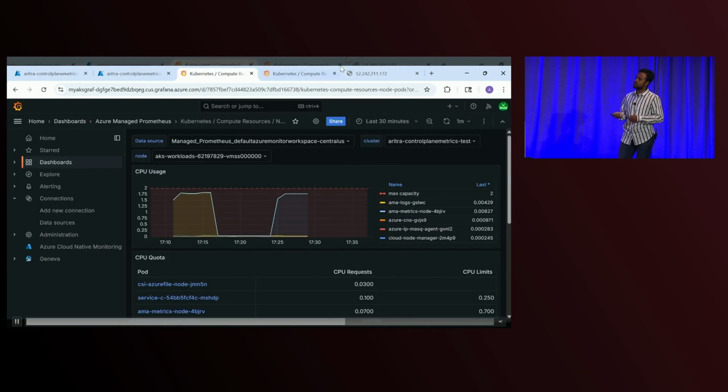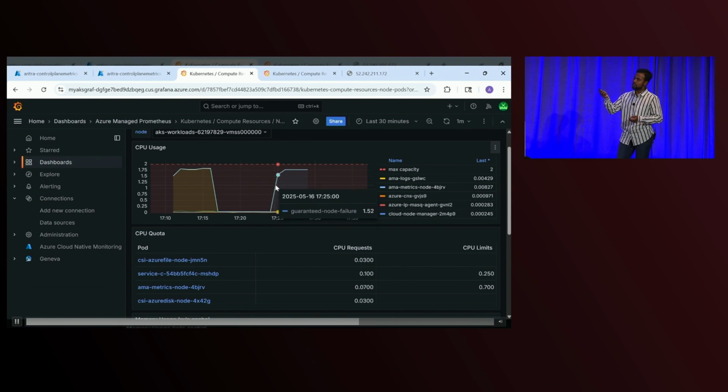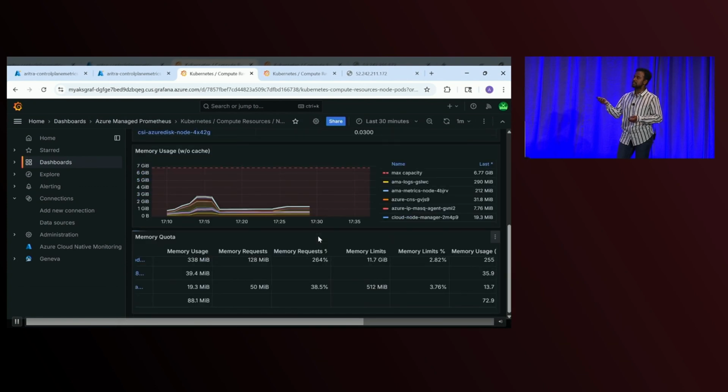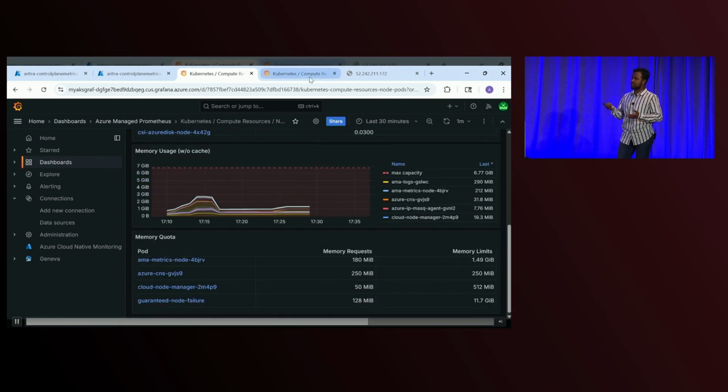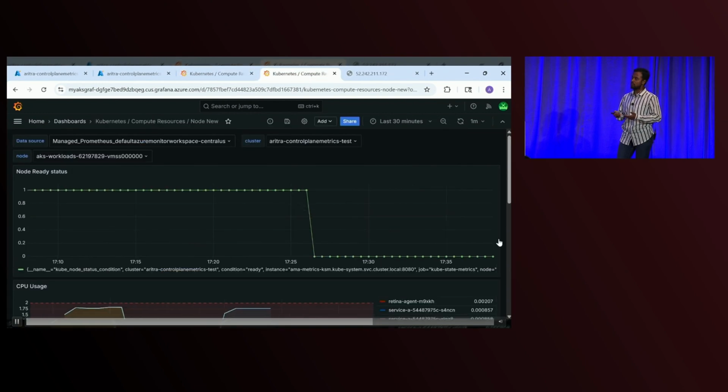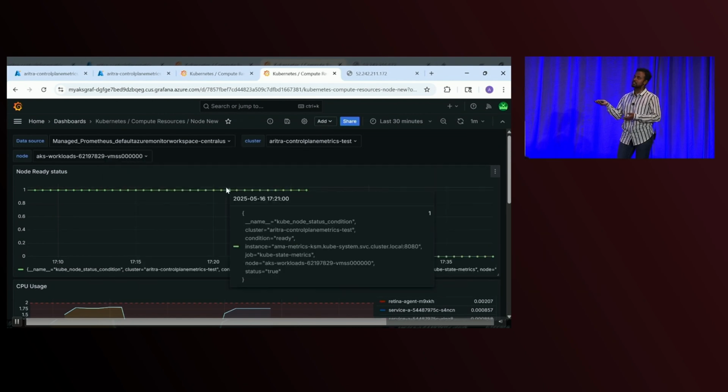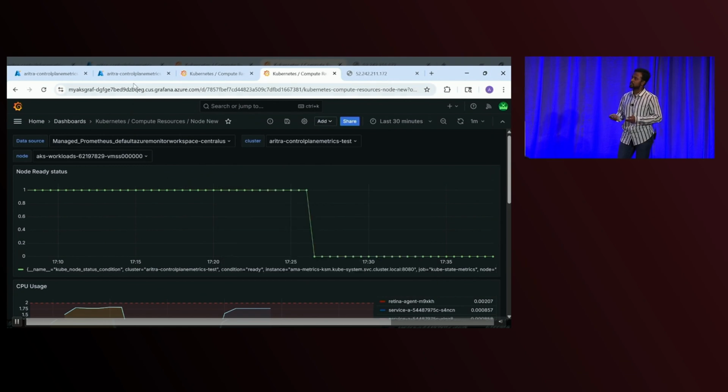I'll head on over to the managed Grafana, which we talked about. You can see this specifically shows the usage by pod. You can see one of the pods spiking, the CPU usage spiking. Similarly, you can see the memory. And these dashboards, again, are there by default. You don't have to do anything. I added one of the visualizations to tell me that the node was not ready. You can add this here, and it's something which I'll show later as well.